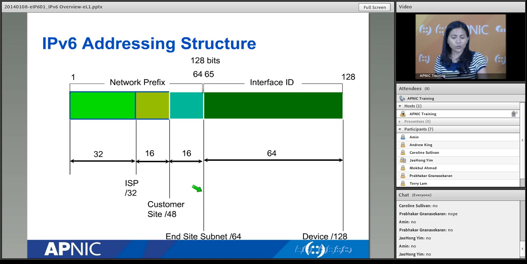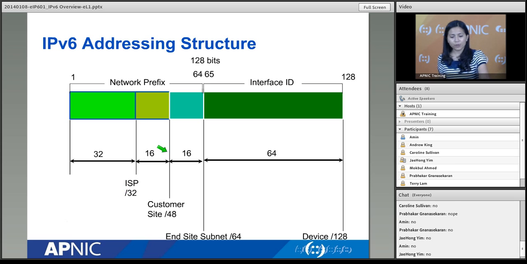All right, so going back to this, you're an ISP, you're giving to your customers different IPv6 blocks. You can give a /64 if the customer is very small, maybe a home user, and you're not expecting them to grow. Okay, but maybe there's a chance that they will need more than one subnet in the future, then you'll have to give more than that.